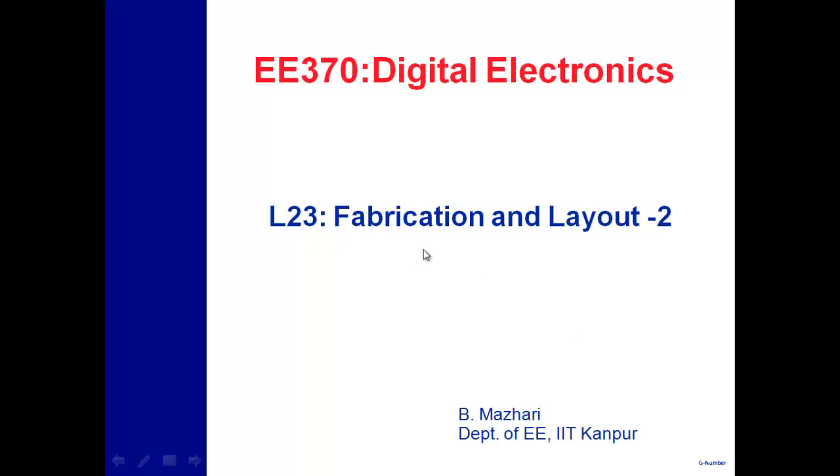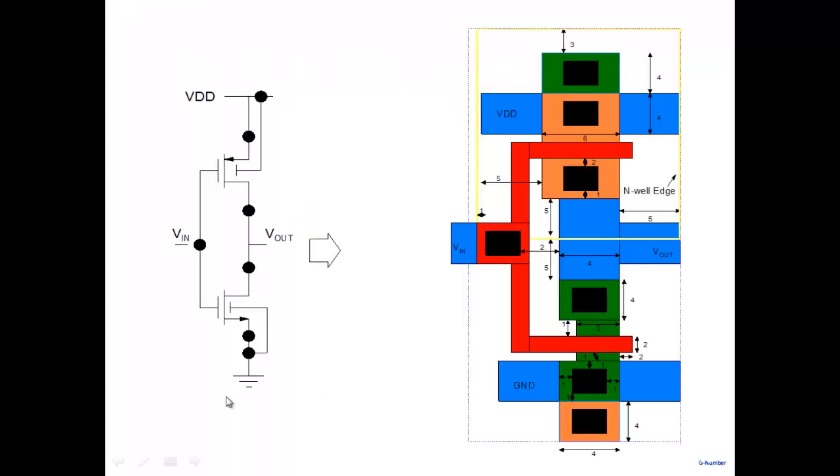All right, so let's continue our discussion related to the layout. The lecture before the last, we had obtained a layout for what we call a CMOS inverter. We have not discussed the characteristics. There's an NMOS here and a PMOS here, and the gates of the two are shorted together. We apply an input here, and the drains are shorted together, and we take the output here. So that's the CMOS inverter, and we had carried out a layout of this particular inverter, and so some of